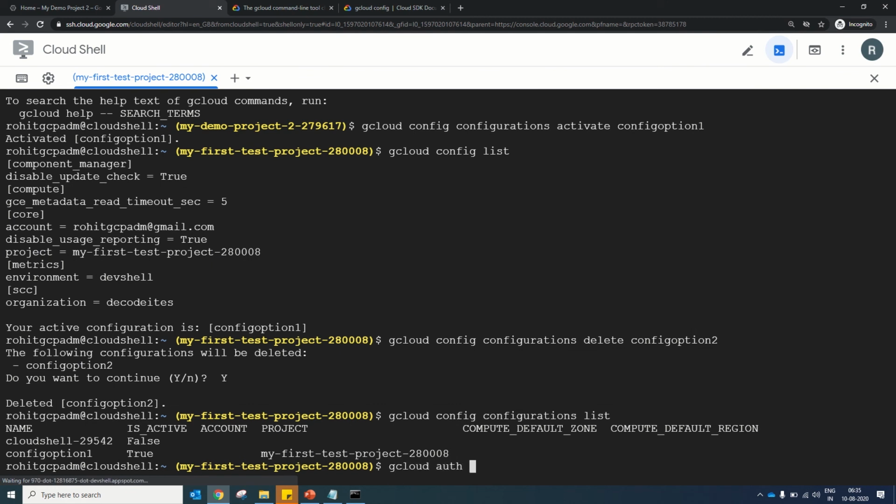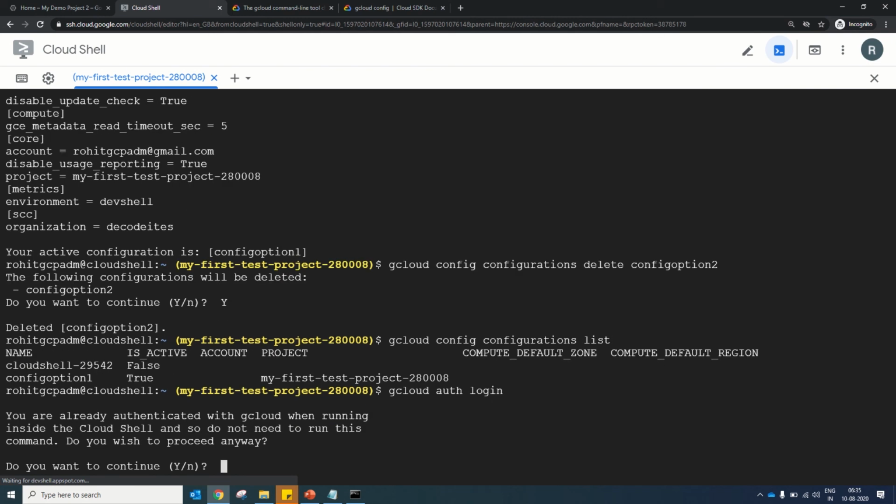Gcloud auth login. It's saying you are already authenticated with gcloud when running inside the cloud shell. You need not run this, but if you still want to continue, say yes, and it will take you through the complete process. Cloud shell is launched directly from your Google Cloud Console, and that account is already authenticated at the time of login.